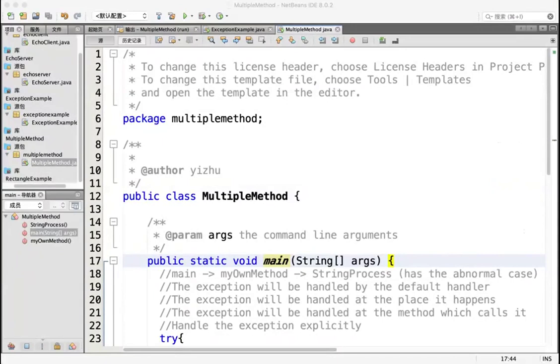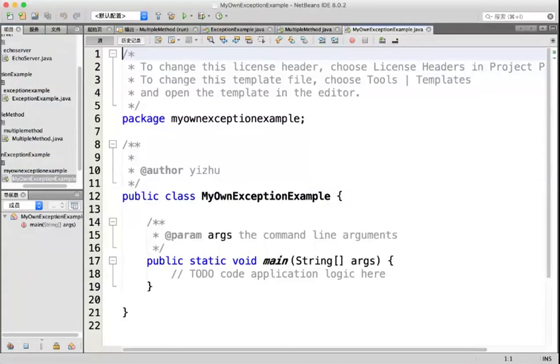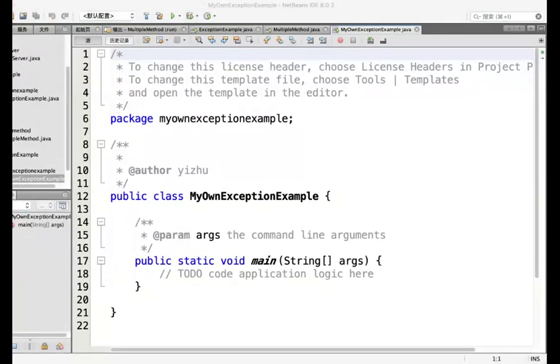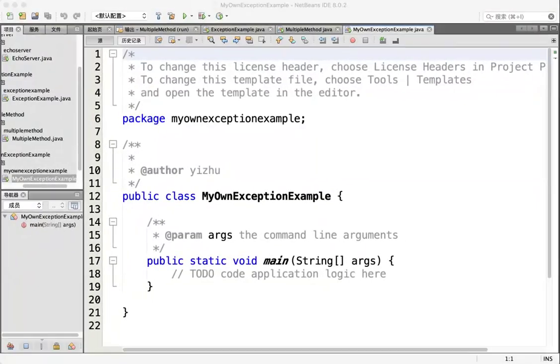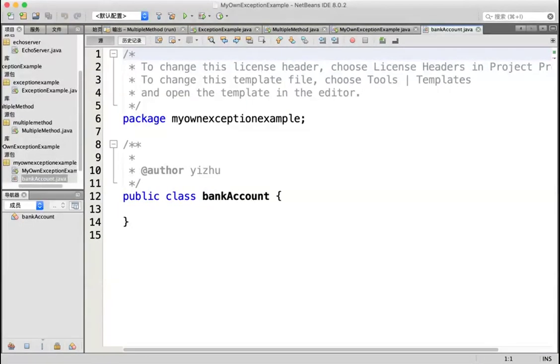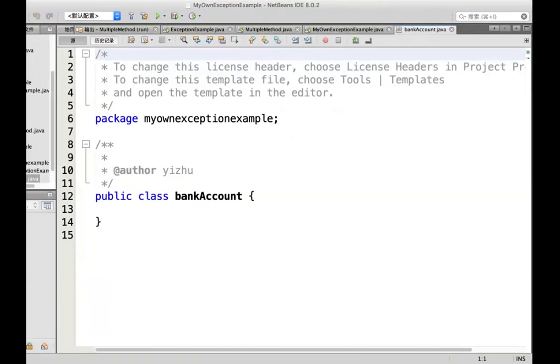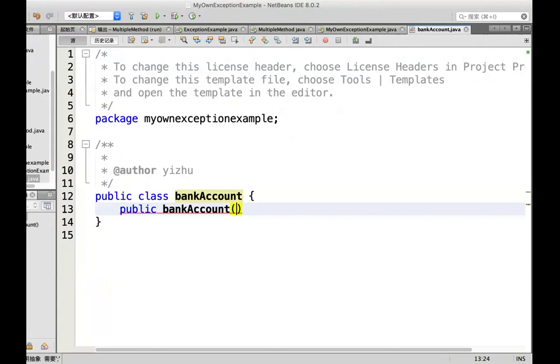Okay, so this is my own exception example. In it, I will create one class called BankAccount. In the bank account, I should give the initial values. So public BankAccount, with a double